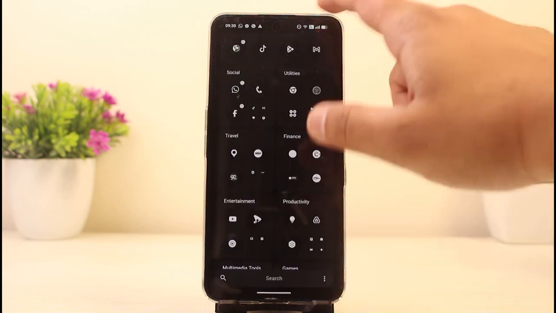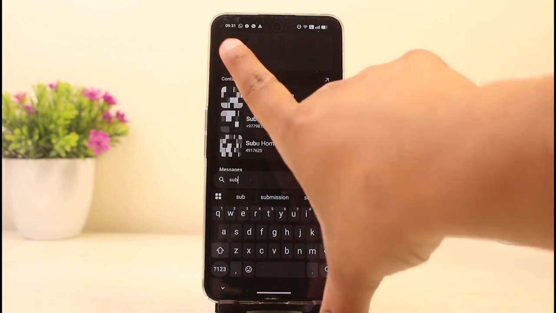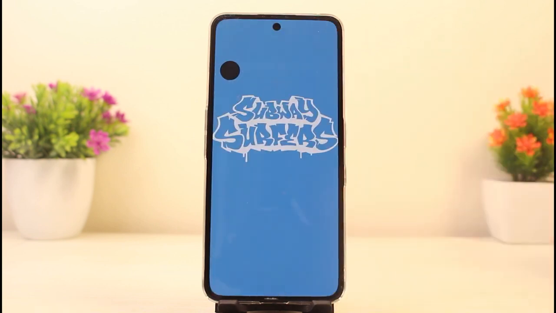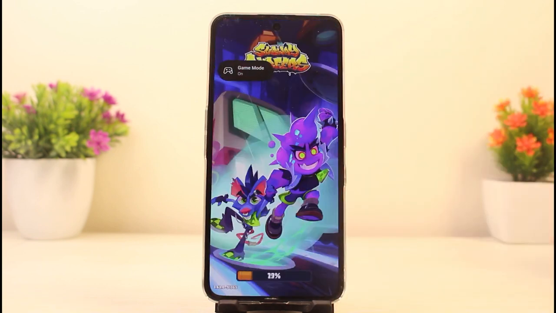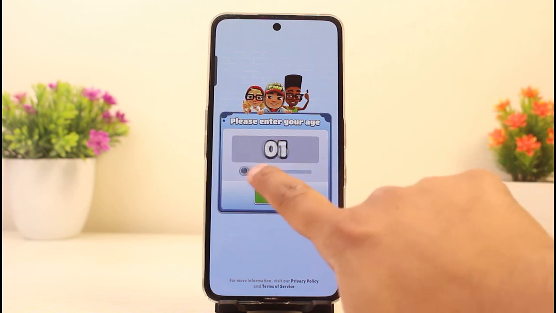So we're going to be heading over to the app drawer, and then I'm going to be typing in Subway Surfers over here. If it is installed on your device, it'll appear over here, or else you'll have to download it from the Play Store. After this, you'll be greeted with "please enter your age." So enter your age,